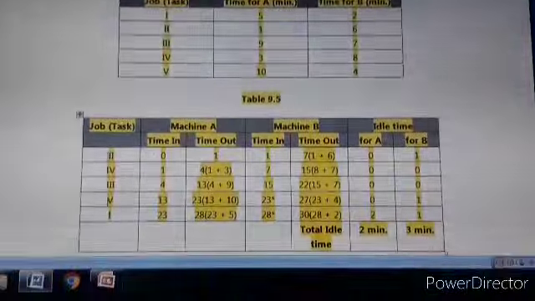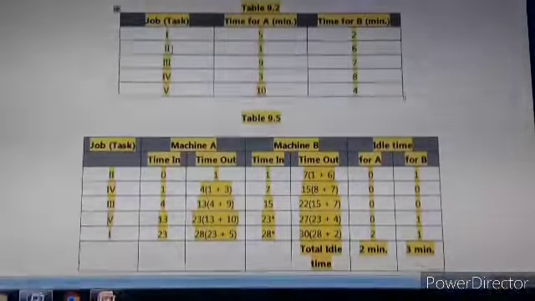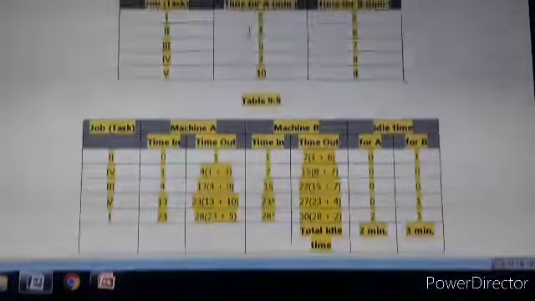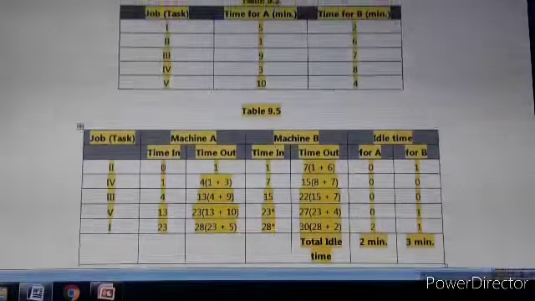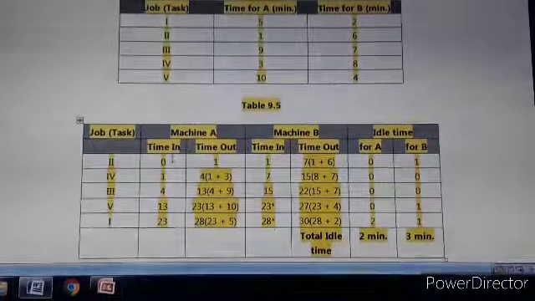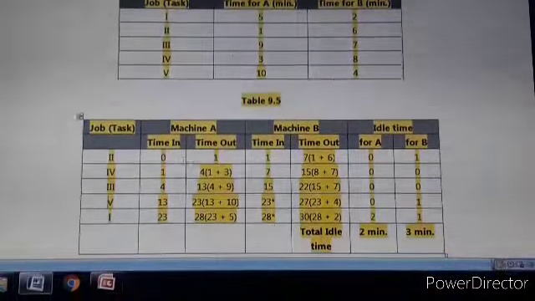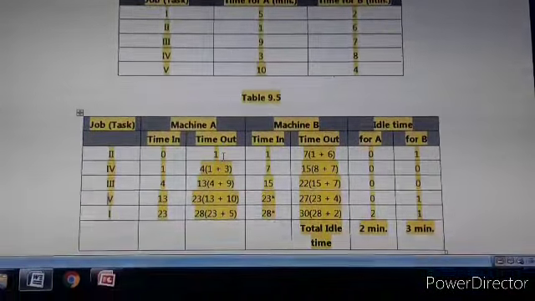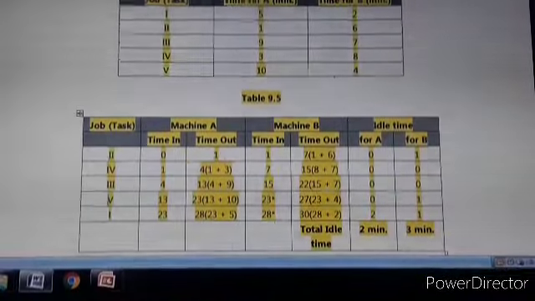Let us consider job 2. For this job 2, the processing time on machine 1 is 1 minute. So time in for job 2 is 0, and it will take 1 minute. So 0 plus 1 is 1. So time out for job 2 is 1.